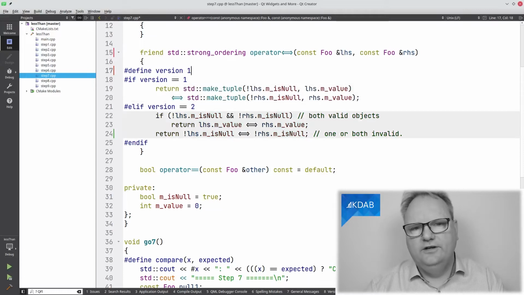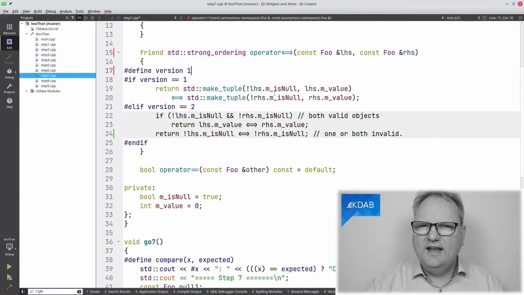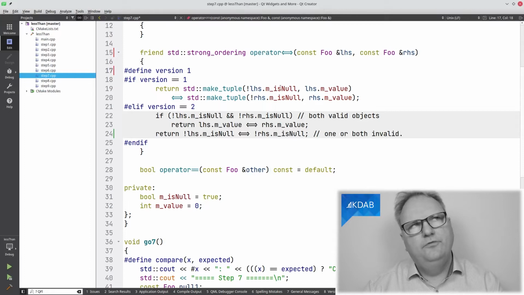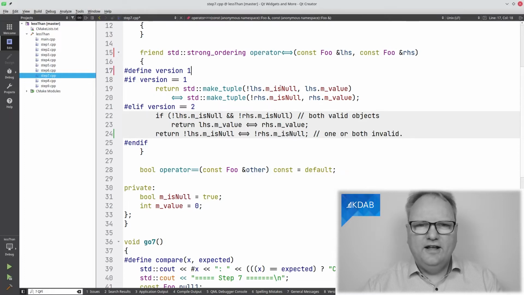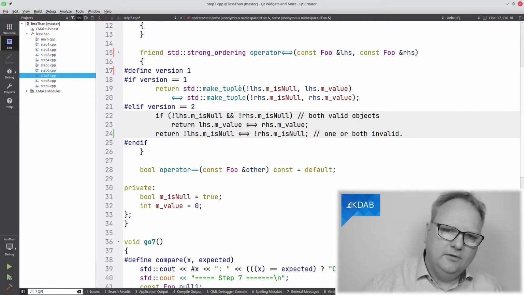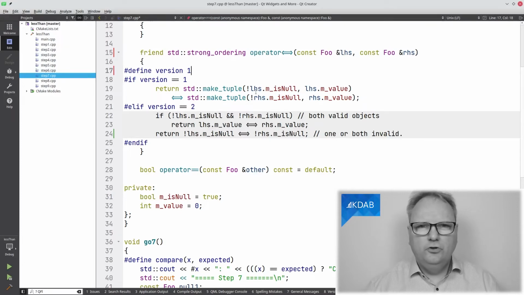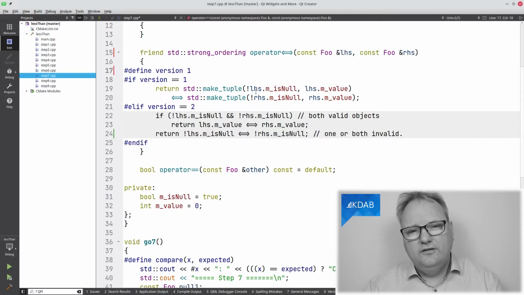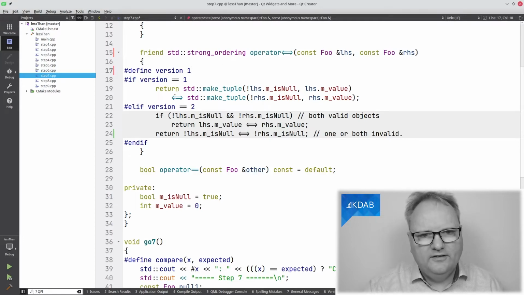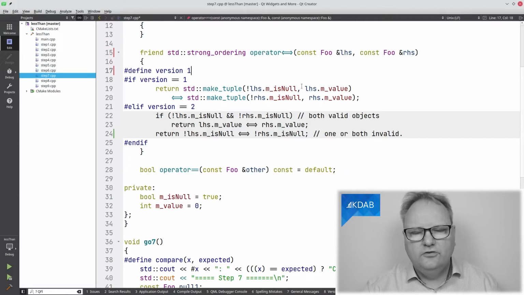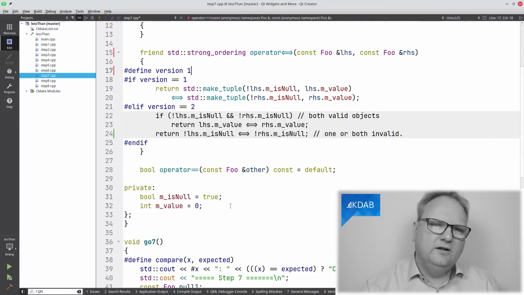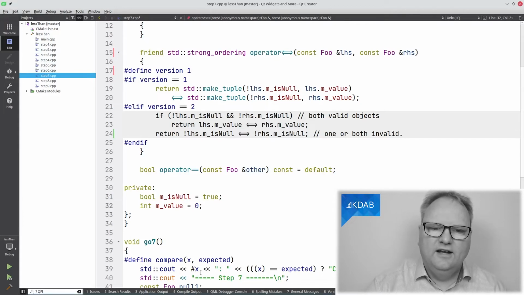Let's start with version 1 here. So I tried implementing it, and again I had this ordering issue that the objects that are invalid or isNull should be ordered at the start of the ordering sequence. So I had to make them into a tuple and then negate here. And I also had the problem that if I had 2 that both were null, then it would carry on. That's what your operator spaceship here does for you. Then it would carry on to the next element, and that's not what I wanted. Well, in any case, I needed to make sure that the follow-up was initialized as it was down here.